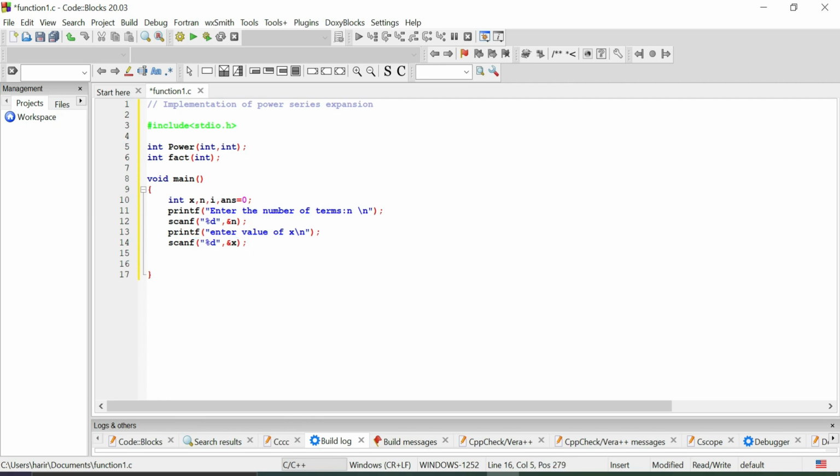Now I have the input values. Let me write the loop: for i equals 0, i less than or equal to n, i plus plus. What needs to be done is answer equals answer plus power of x comma i divided by fact of i.